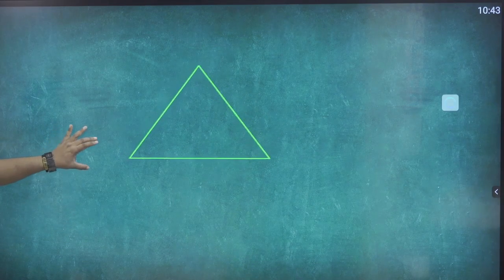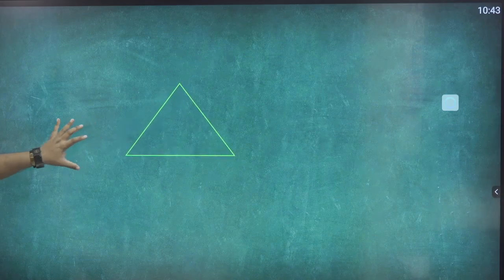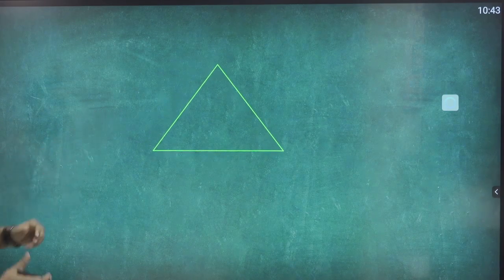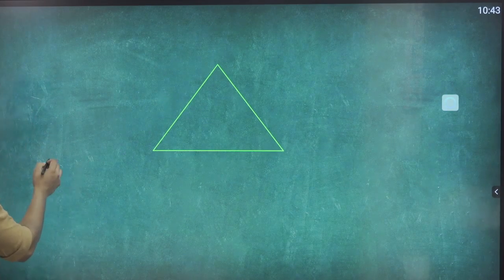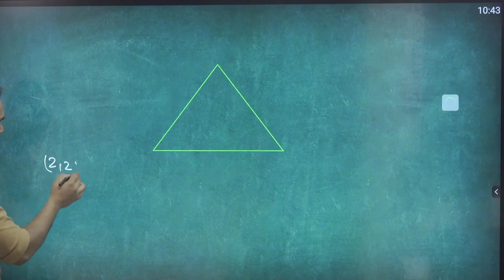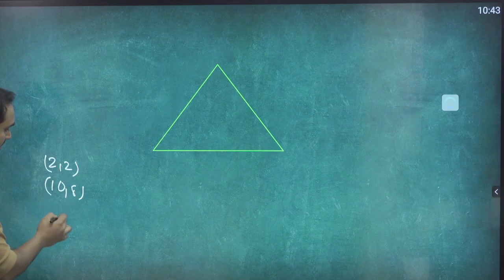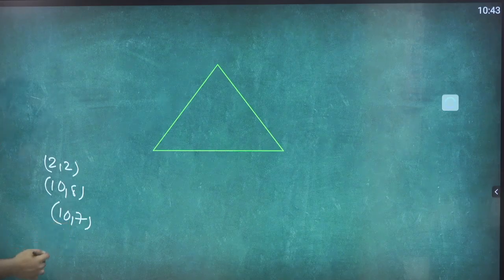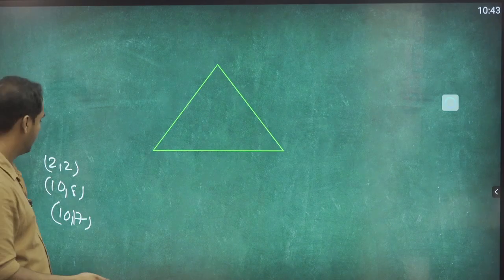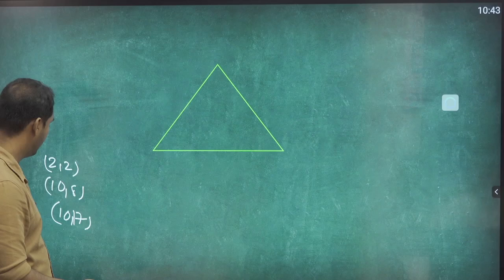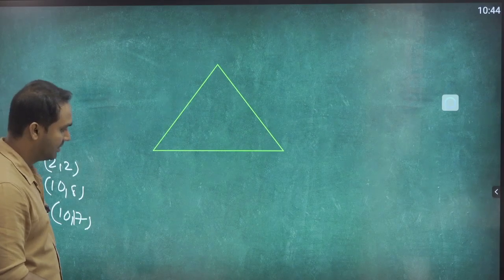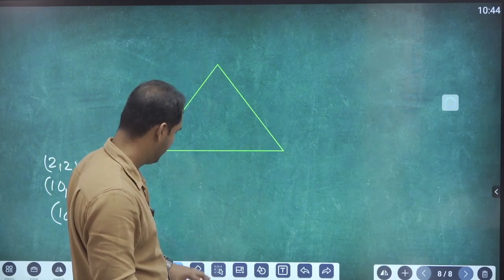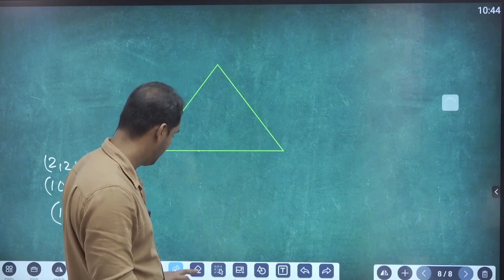Tell me the values again. (2, 2), (10, 8) and (10, 17), right? So it's a different triangle if you draw it this way. Now better we take the points like this, rather than